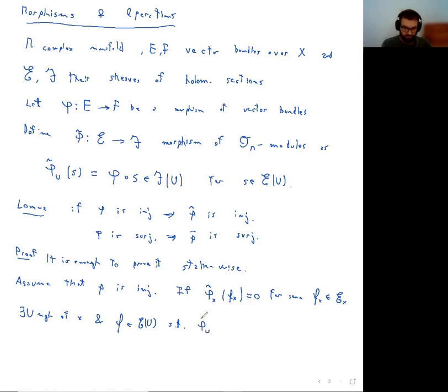such that phi_U tilde of f is equal to 0, and f_x equals f_x. Remember, I write this because in principle, this f_x is just some element of the stalk, while here I take f, which is a section, and I take its image under the direct limit. So this is why I put it outside. But of course, you understand why I immediately write f and f_x, because we know that this is locally represented by something, which we'll call f.